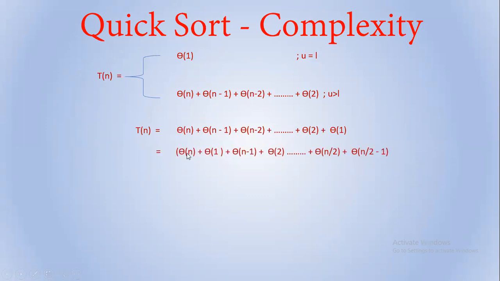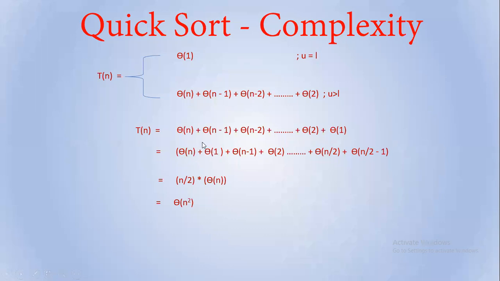So that's why theta n plus theta 1, theta n minus 1 plus theta 2, theta n over 2 plus, at last theta n over 2 plus theta n over 2 minus 1. So theta n plus theta 1 is having order of theta n. This is also the same, theta n minus 1 plus theta 2 is having order of theta n. So at last there will be n by 2 times theta n elements if you complete this one.